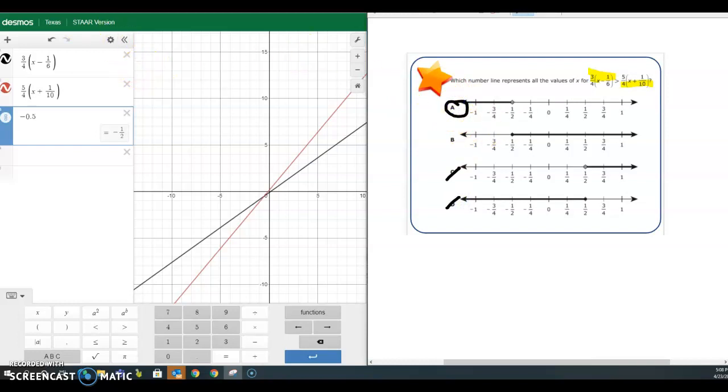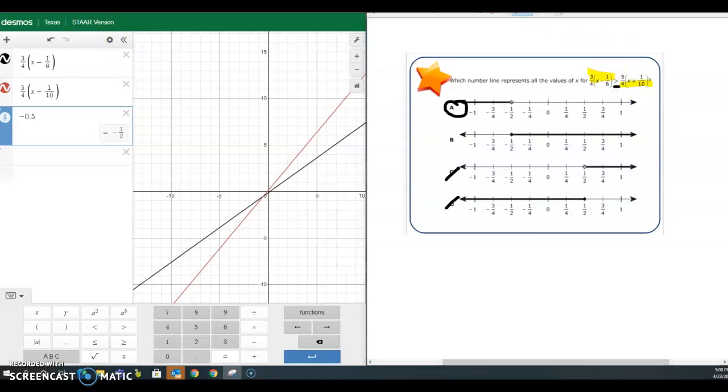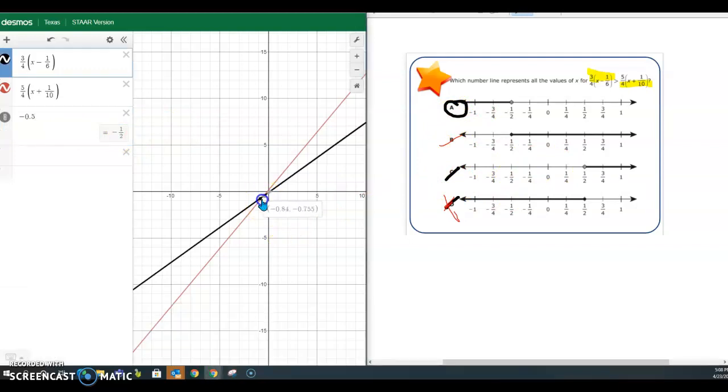Now, another way you could have done this, guys, is just notice the inequality sign here. This inequality says it's greater than, right? So if it's greater than, that means it can't be equal to. That means we can get rid of B and we could get rid of D. Now all that was left is A and C. And A and C, guys, if you were to graph them, you would have noticed that it crosses at negative 1/2, so you would have chosen A once again. So that is one way to solve